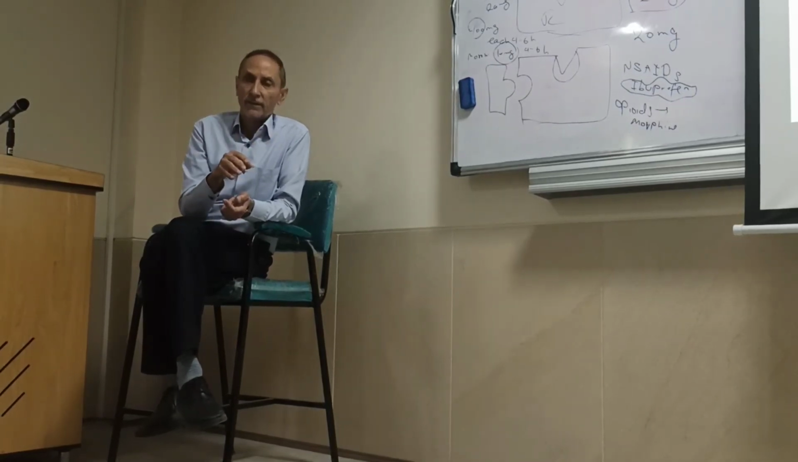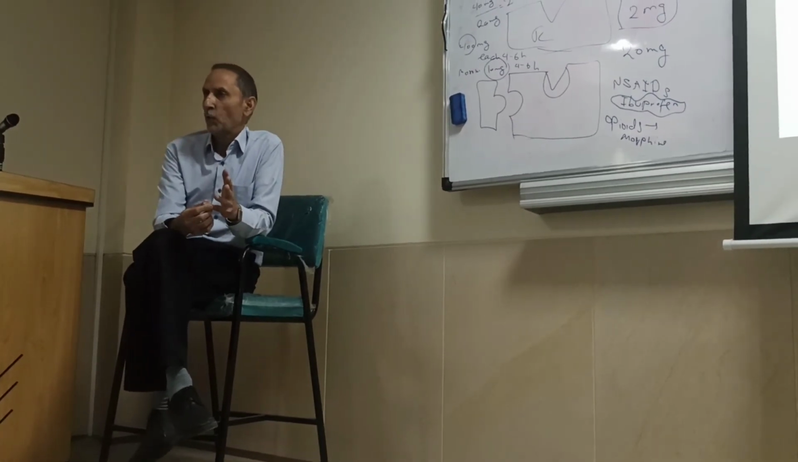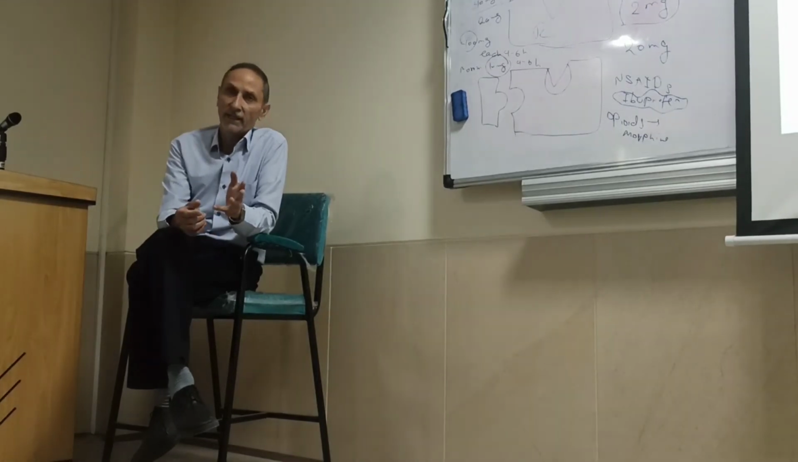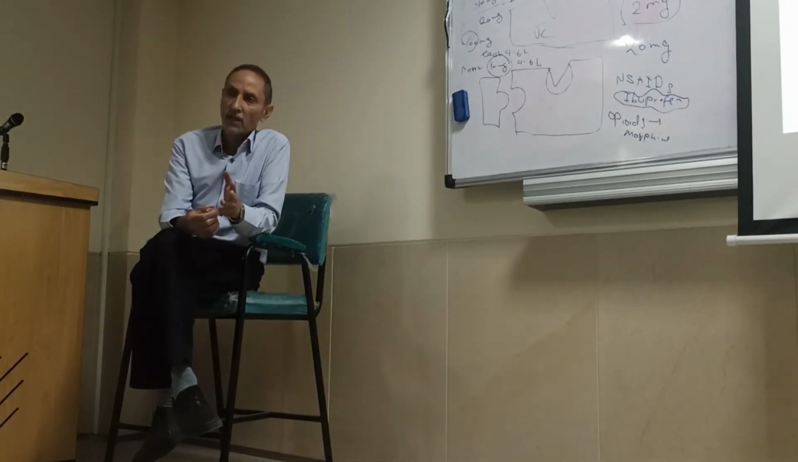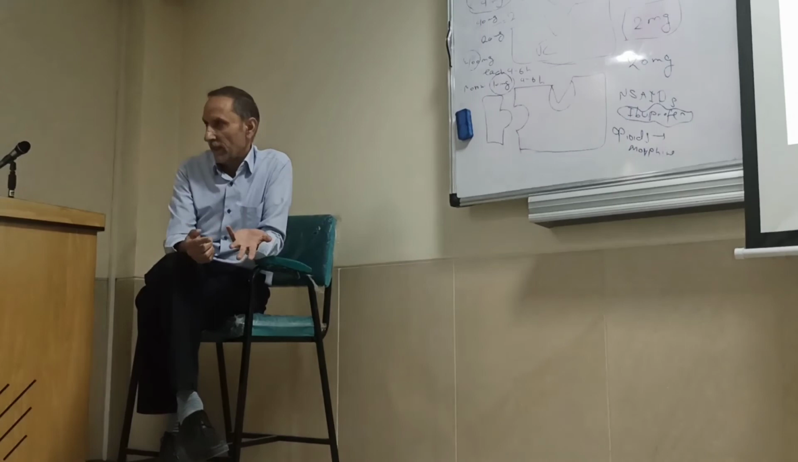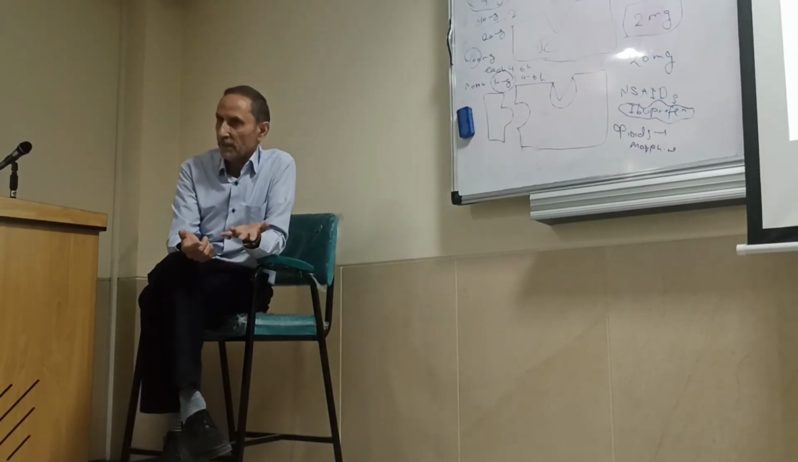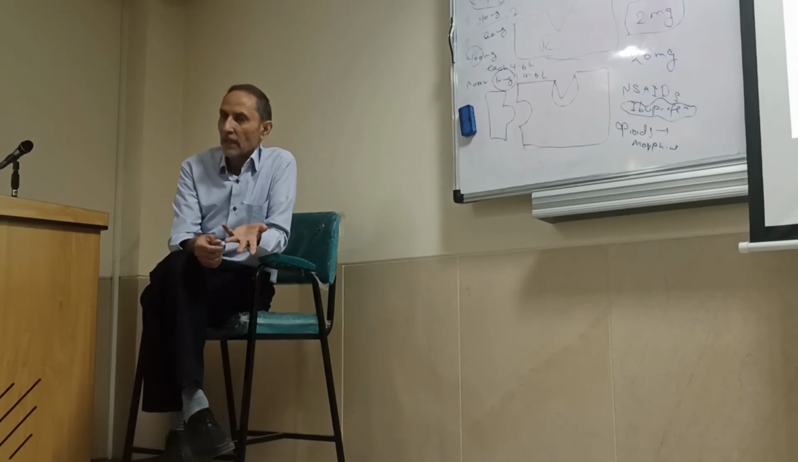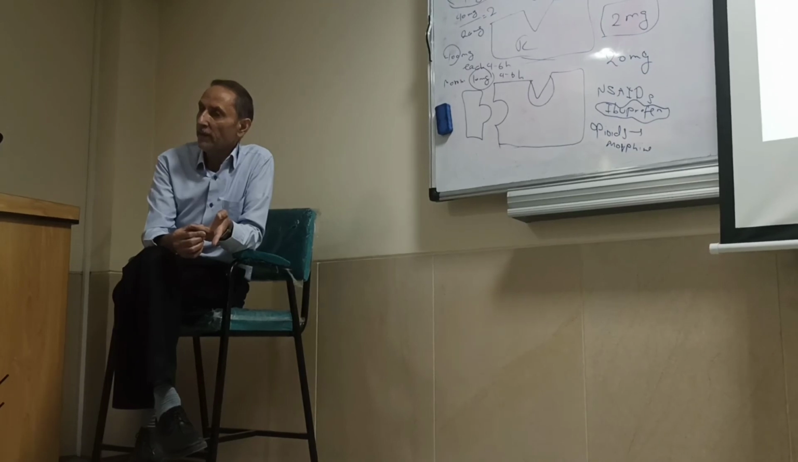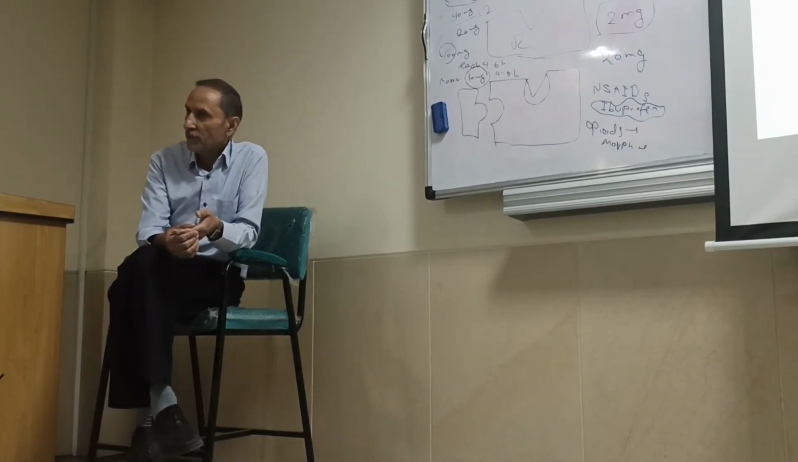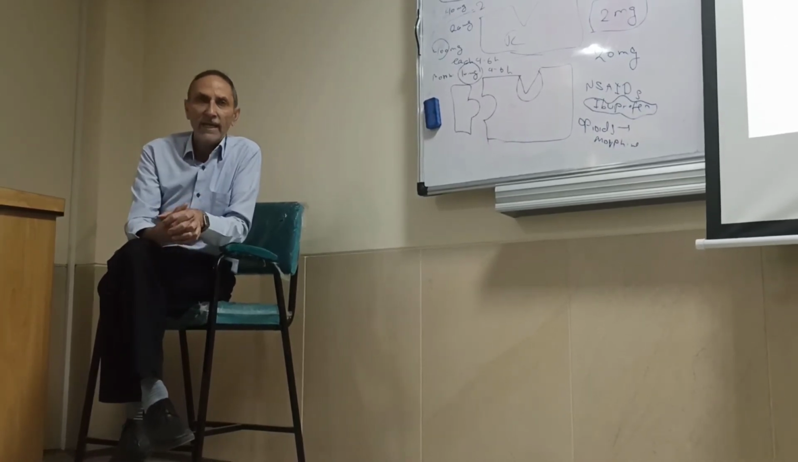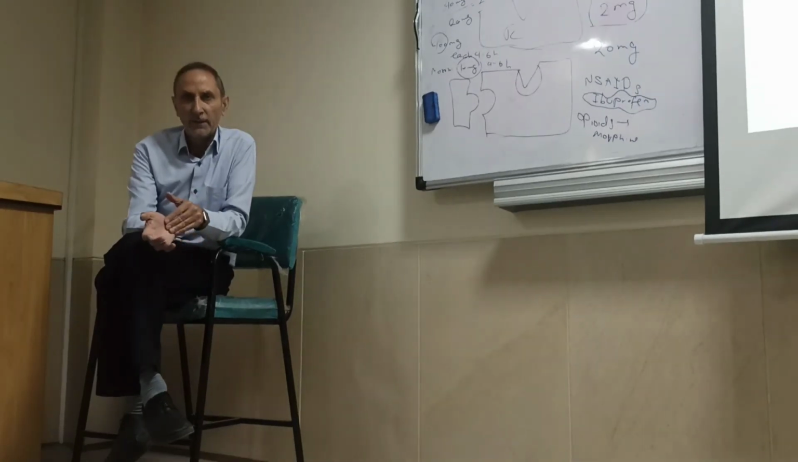In summary, some receptors are ligand-gated ion channels. We have examples: nicotinic receptors, glutamate receptors, and also GABA. Some are enzyme-linked, some are GPCR, and some are gene activators. Next session we will complete the